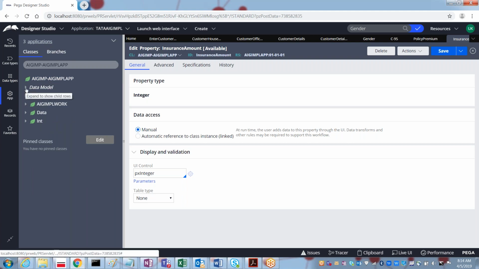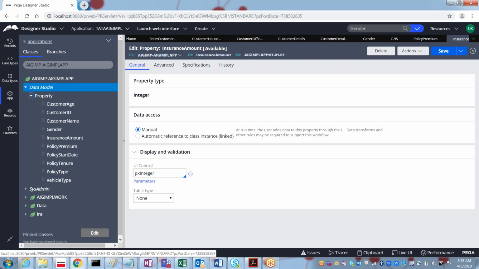Under the data model, we will be seeing properties. Earlier we had only customer age, ID, name, gender, but this time we have insurance amount, policy premium, policy start date, tenure, policy type, and vehicle type.